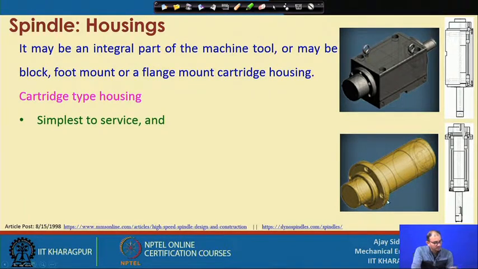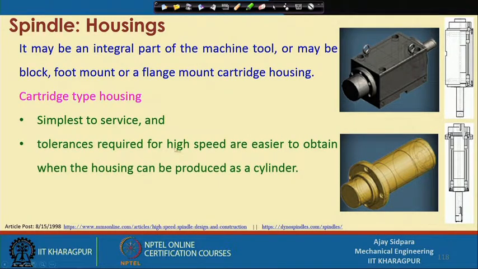It is simple to service here, because the first thing you have to do is prepare a block, and then create a dimension as per the size of this particular spindle. But here both the parts are cylindrical. So, it is easy to make a cylinder compared to a box, because you have to turn only, and whatever dimensions or tolerances you need for this particular thing will be achieved in a much greater way as well as a much easier way.